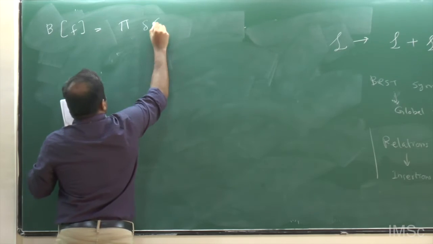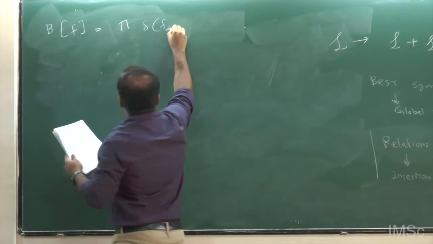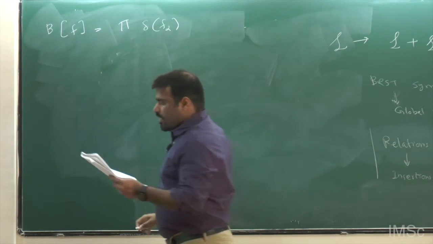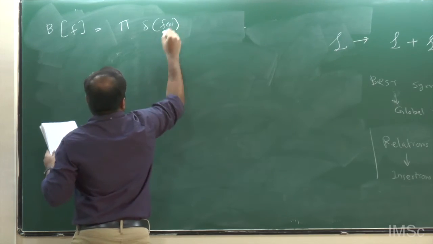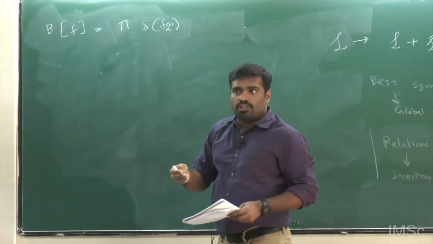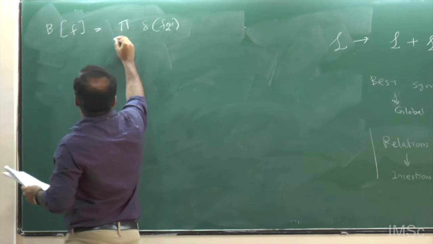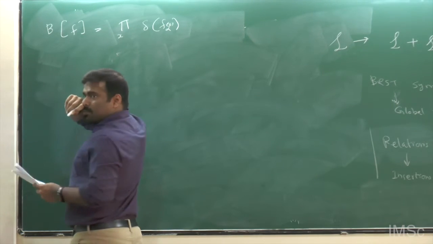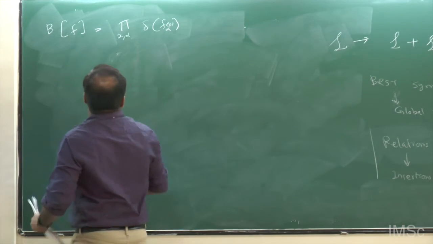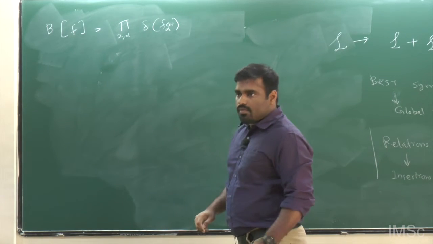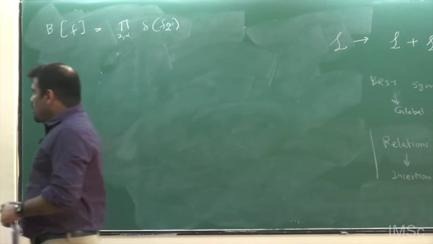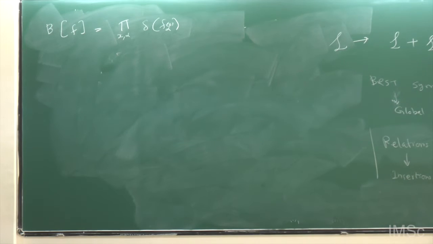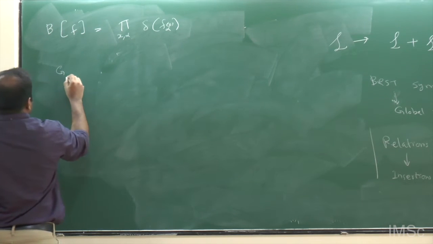So you have a delta function that corresponds to the gauge fixing f alpha equal to 0, and then you have to do the gauge fixing at each point in space-time. So it's a multiplication over each point in space-time and over the components alpha. This is the Faddeev-Popov prescription for computing this time ordered correlation function, and G A mu is a path integral performed over the matter field.